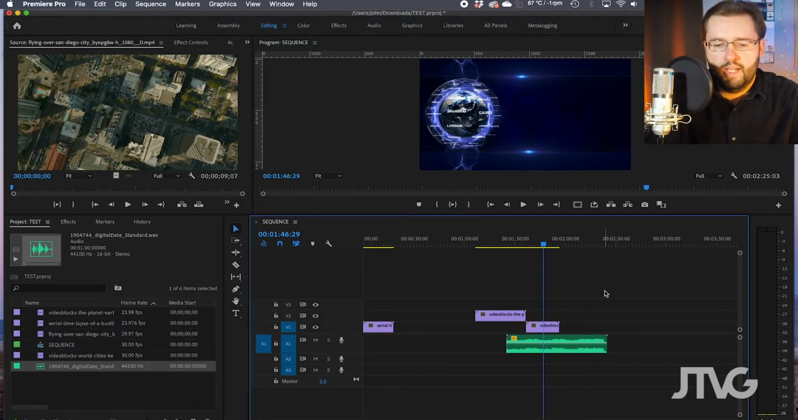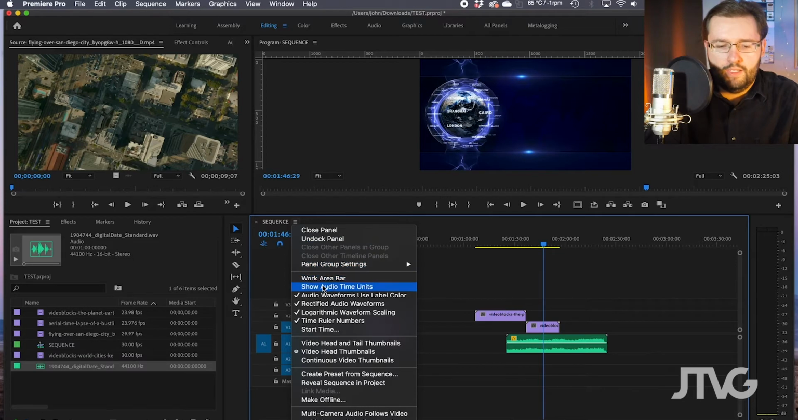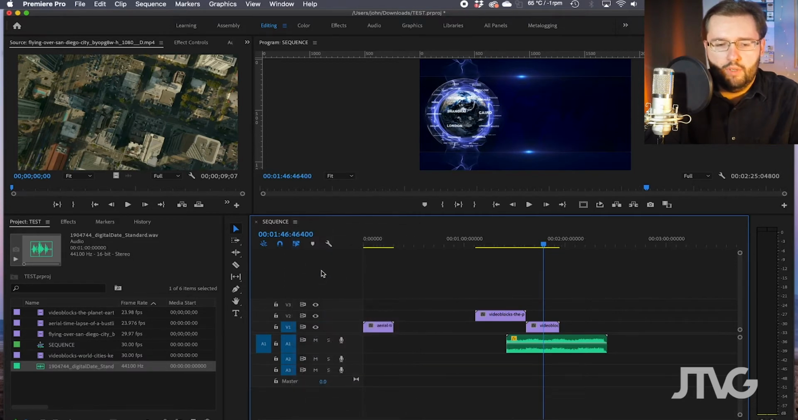So the next tool is Audio Samples. You can choose to select and edit in different ways on the timeline. You can change from frames to audio samples. And the way to do this in the timeline panel is go to the hamburger menu next to the sequence name and show audio time units. You'll notice that it displays the timeline now in audio samples. And this is useful for working with music tracks if you want to get a clip precisely in line with an audio sample. So if we zoom in here,